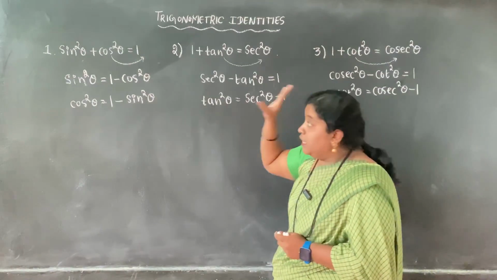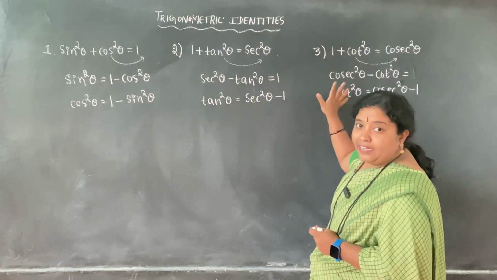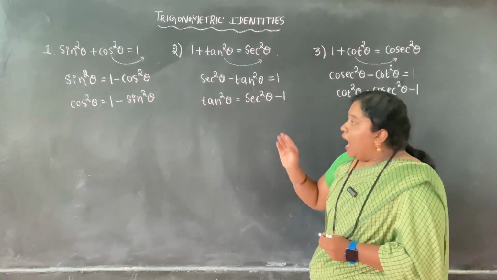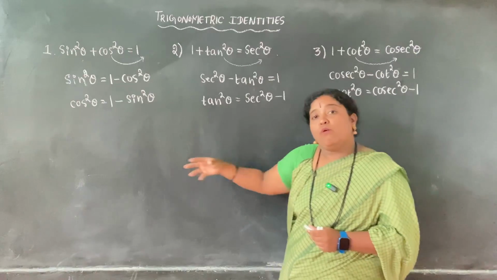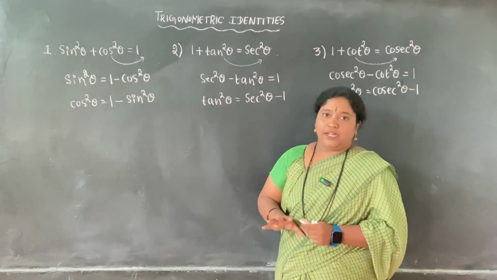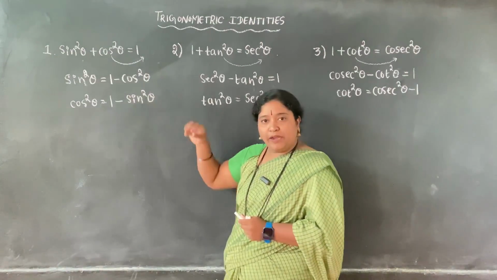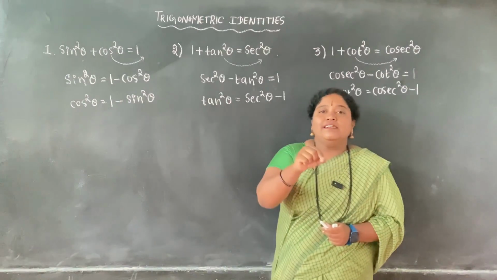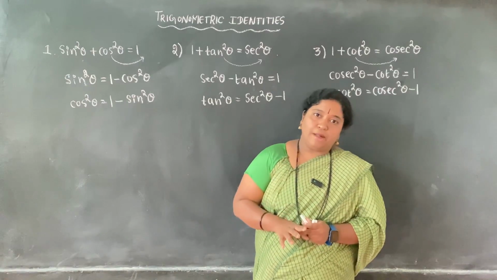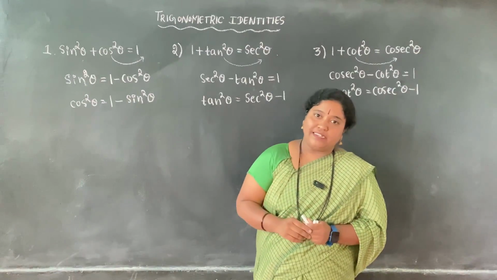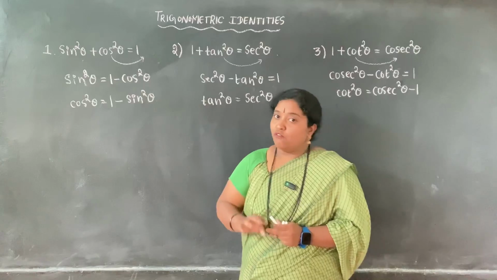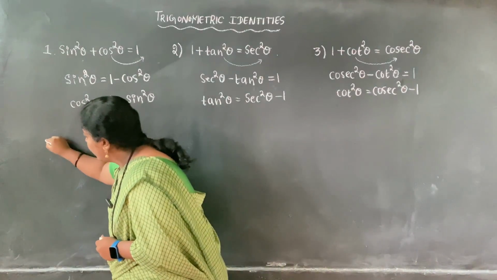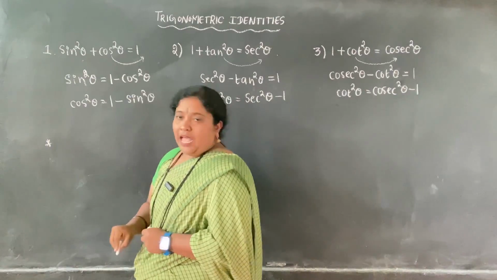These three are the basic trigonometric identities we must remember to solve many questions. And we also have a few more relations to be understood here. When I was dealing with trigonometric ratios, I told you that secant is the reciprocal of cos theta, cosecant is the reciprocal of sin theta, and tan is the reciprocal of cot theta. This is what we need to analyze here. I'll tell you very important notes. I'll write them here.